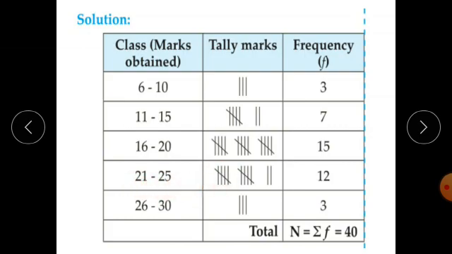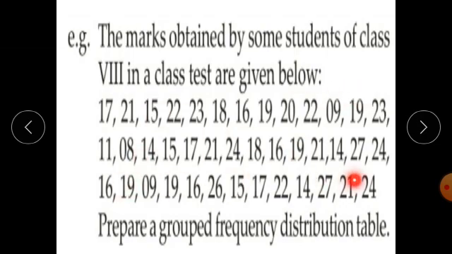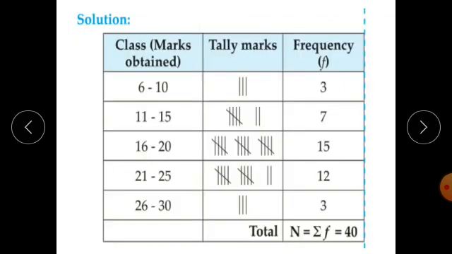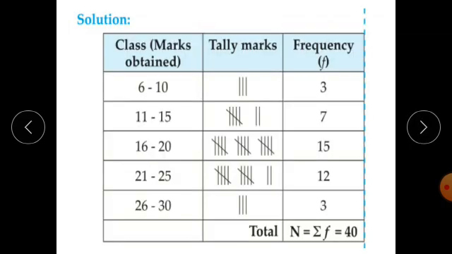Put tally marks here like this. Next, suppose 22. So put tally mark here in the class 21 to 25 like this. If last score is 24, so put tally mark again in front of this class 21 to 25 because 24 is here. So in the tally mark column we put a vertical line known as tally marks against the number in the second column and we make a set of 5 and after that we start a new set.